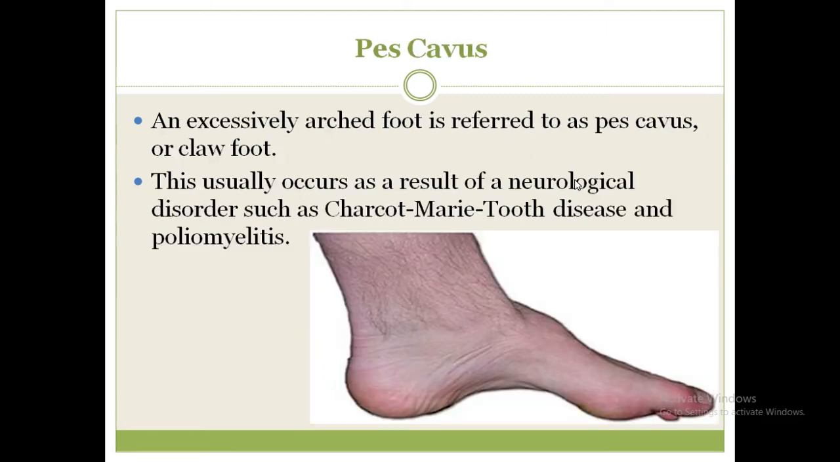Then we have another term which is called pes cavus. In pes planus, we have discussed that the arch is not developed properly, so either it is flattened or lowered. But in case of pes cavus, we have an excessively arched foot, that is, a claw foot. And this condition is usually a result of a neurological disorder such as Charcot-Marie-Tooth disease and poliomyelitis. So this is all about the